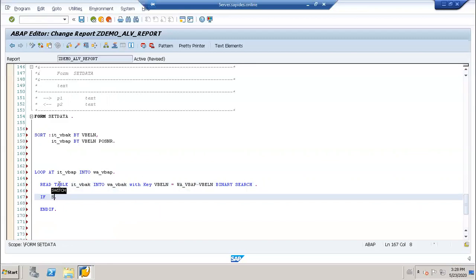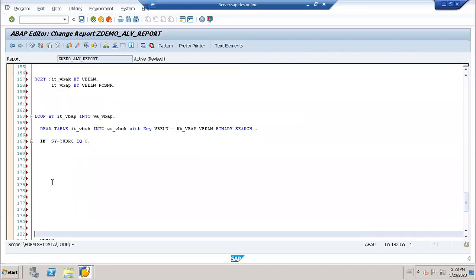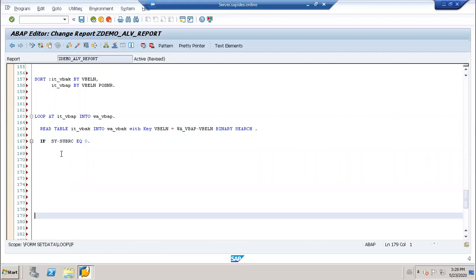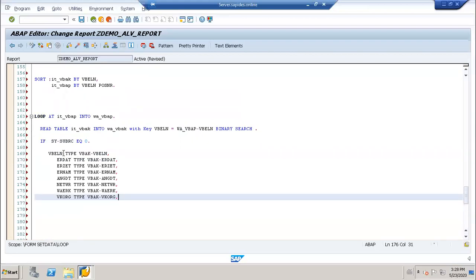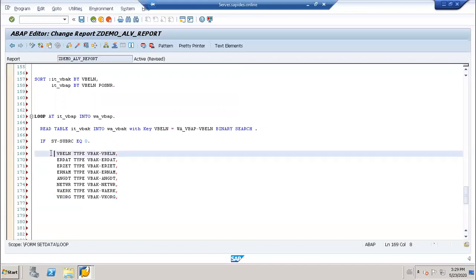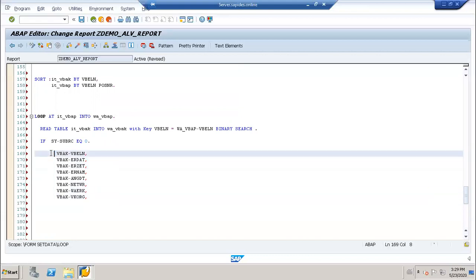If size of bar C equal to 0, then just paste it. So here, I'll do no. Just delete it.